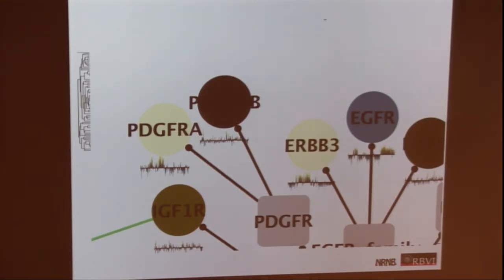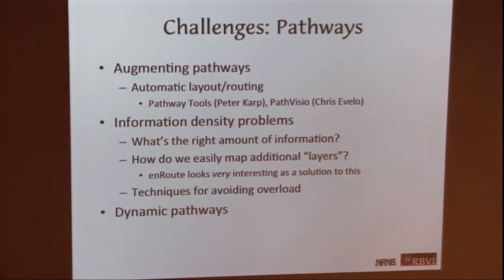Okay? This is easy stuff. We should be able to do this with all of our networks, right? We're just mapping data on. We know how to do this. So this is a kind of standard that you might want to do. You can see that in the other case, there's a single patient coloring that's showing you that. We could map that on. We can animate these things over time. All of this boils down to augmenting a network by just mapping on other data. And pathways are really useful in this context.